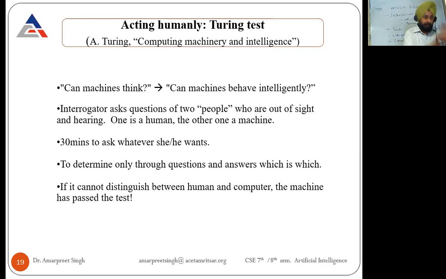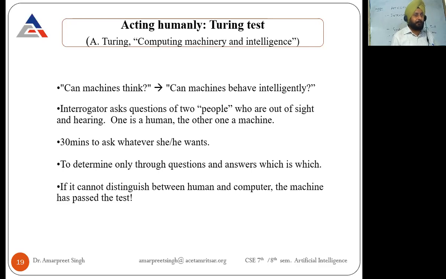If the interrogator distinguishes, and says yes, this answer is from the human side, or this answer is coming from the machine side, then your test fails. It means he can very easily say that the answer is coming from the machine, which means that the machine is not acting like a human. Clear? But if for every answer, whether given by the human or by the machine, the interrogator says, yes, this answer is coming from the human, this answer is coming from the human,